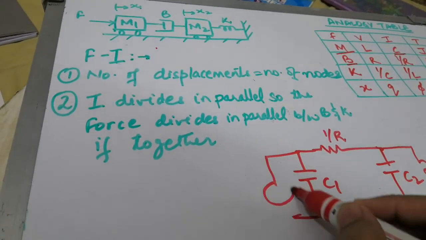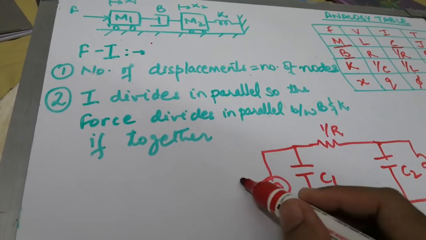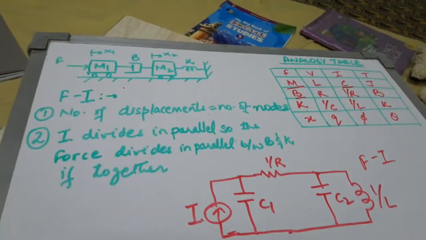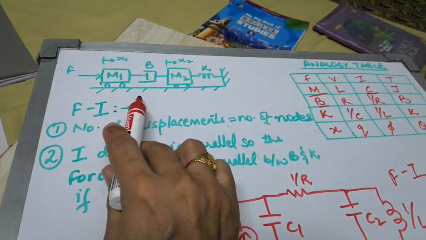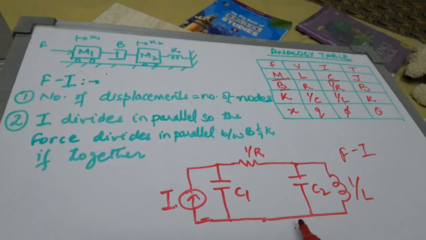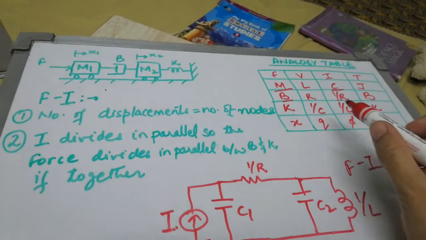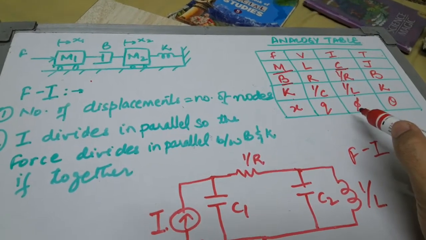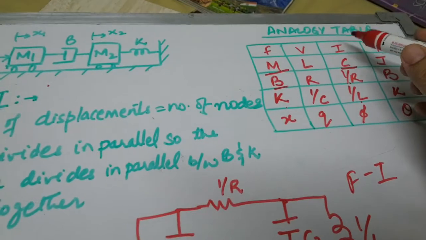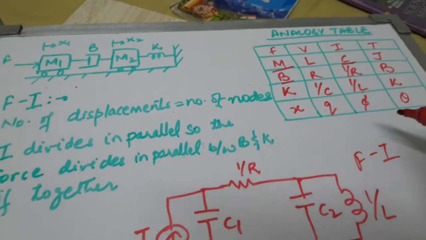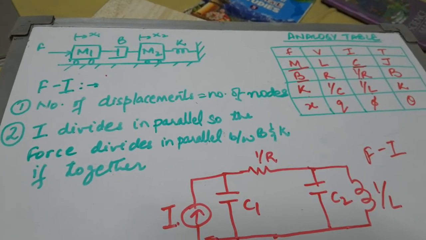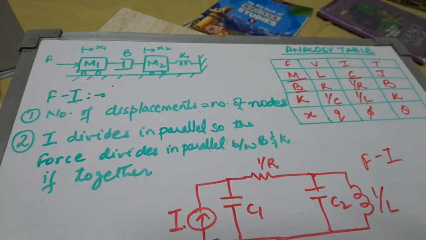So here this completes my Fi analogous system. That means the force system in mechanical is directly converted into my current analogy system using this analogy table. So the main thing that you should all jot down in your notebooks first is this analogy table, and then start doing the second numerical. It is best if you do the second numerical along with me. So let's go to the second numerical.